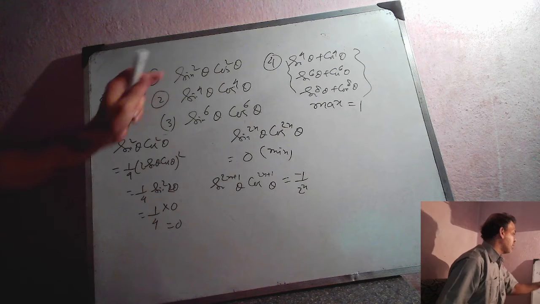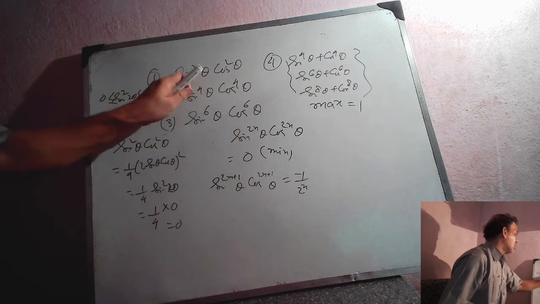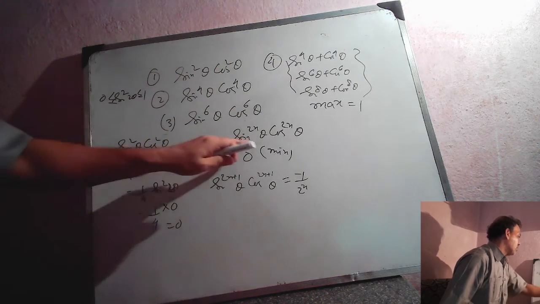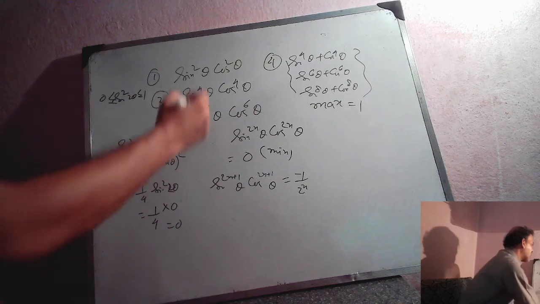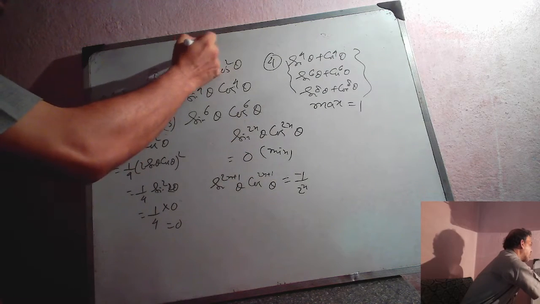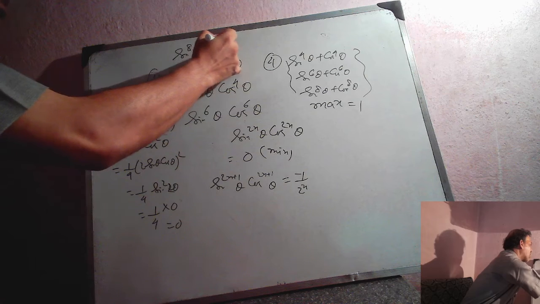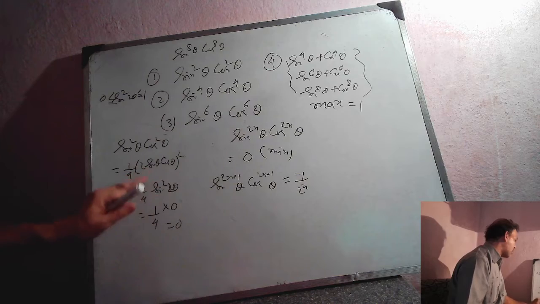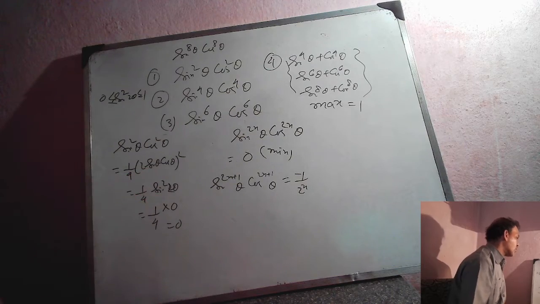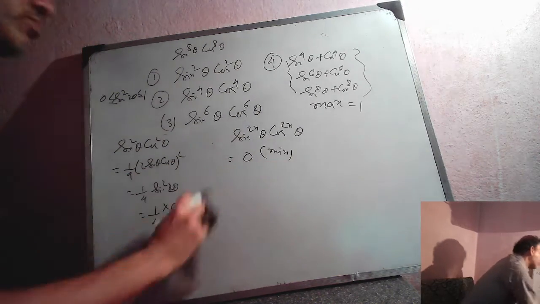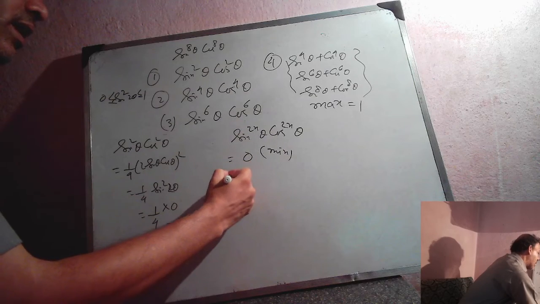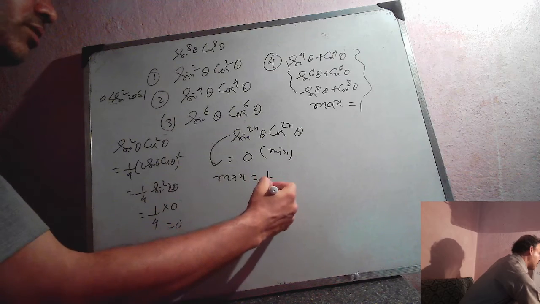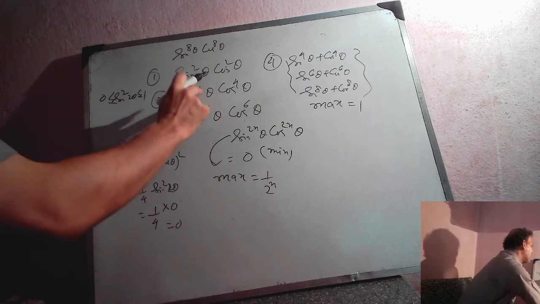That is why if the powers of sin theta and cos theta are both even and equal, then the minimum value will be 0. Similarly, we can say the minimum value of sin to the power 8 theta cos to the power 8 theta is also 0. Now its maximum value of sin square 2 theta is 1, so the maximum value will be 1 by 4. For this type, the maximum will be 1 by 2 to the power n. So what will be its maximum value?